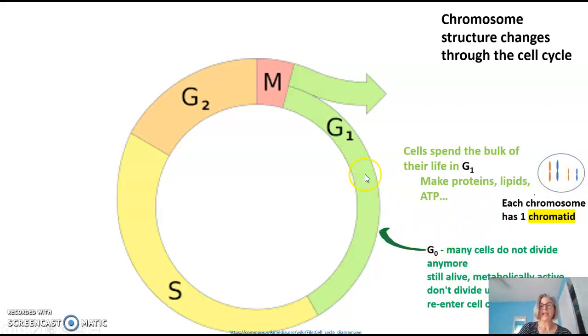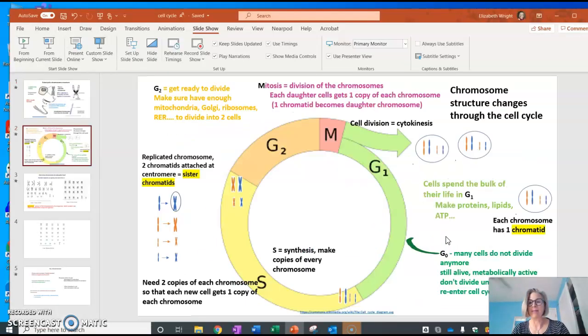Many cells actually exit the cell cycle and go into a phase called G0. Many cells just don't divide anymore in an adult. They're still alive, they're metabolically active, but they don't